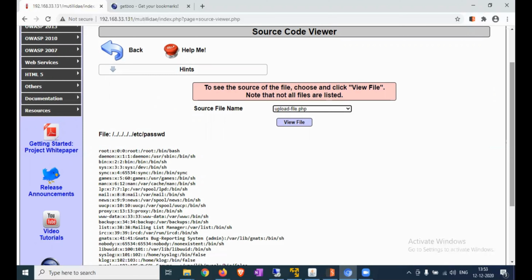After that, we are able to get the system's etc passwd details. So this is one type of IDOR vulnerability. Due to the lack of proper authorization check on the php file parameter within the application code, we are able to view a privileged file on the system.